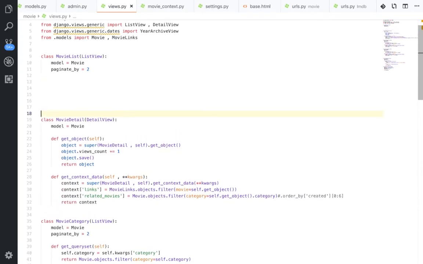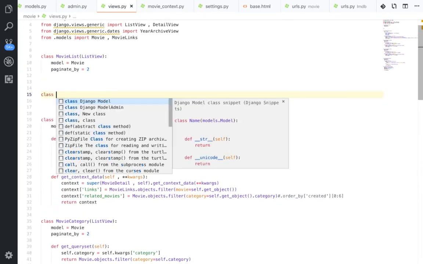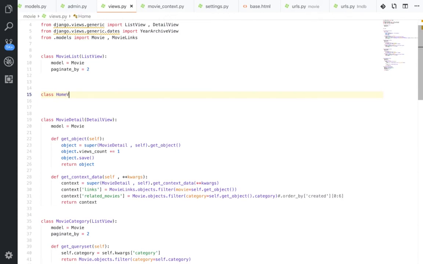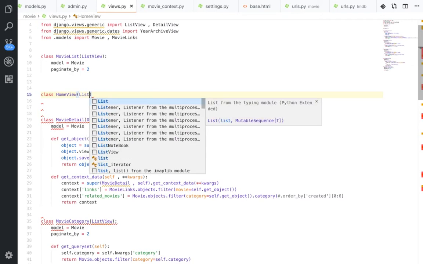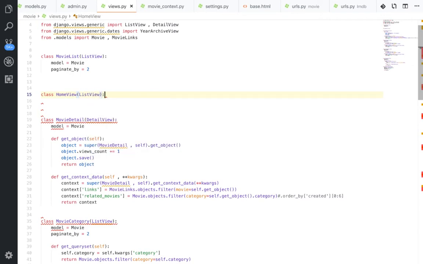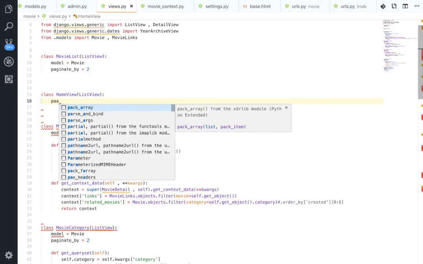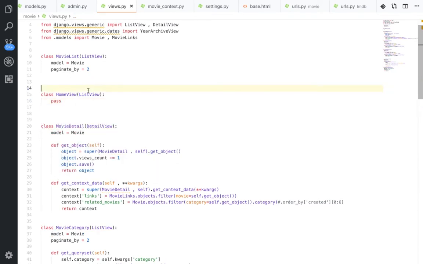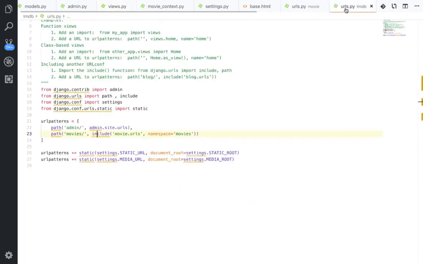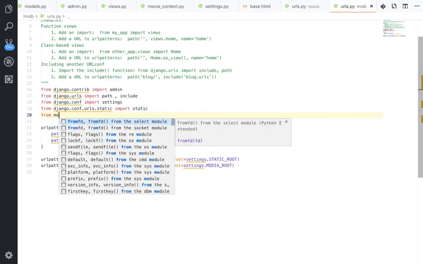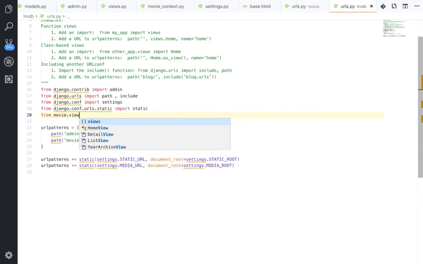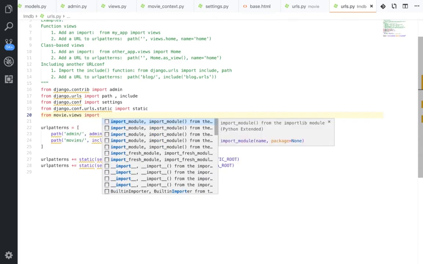So here I'm gonna create class home view. So this home view actually is a list view, and let's add pass. So we have this home view. So we need to import this home view in the main URL. So here I'm going to say from movie.views import home view,